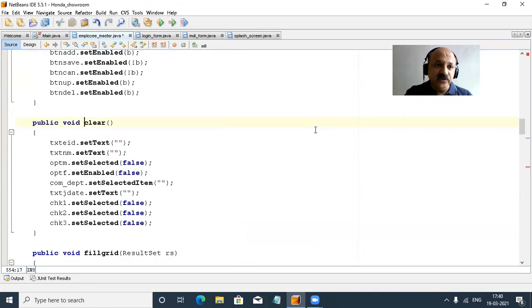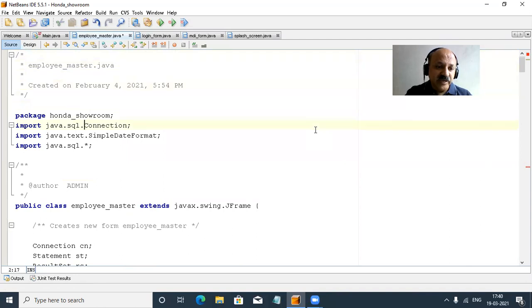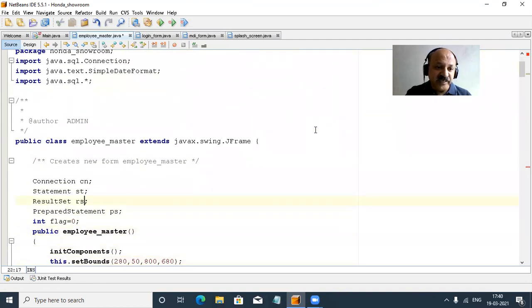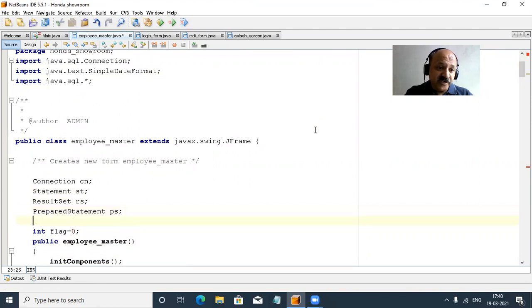So let us check, I will first show you. Here we can use the prepare statement PS. Yes, so that is perfect. And we can also use one date, the joining date. So I take one date as DP, that is required. And we can change that format. Yes, that is also required.